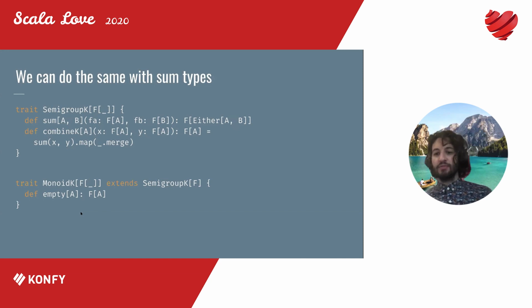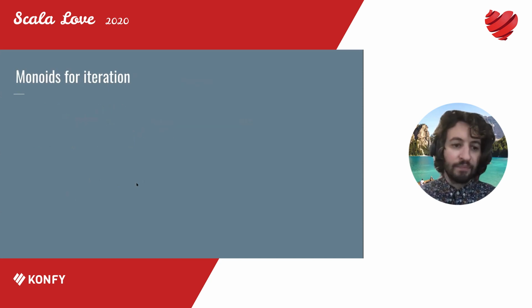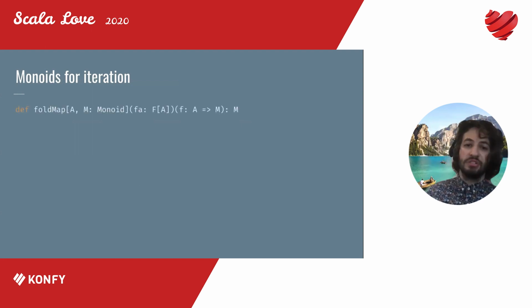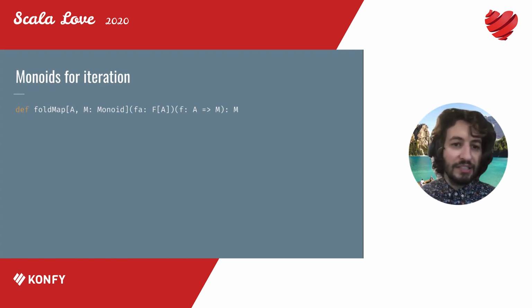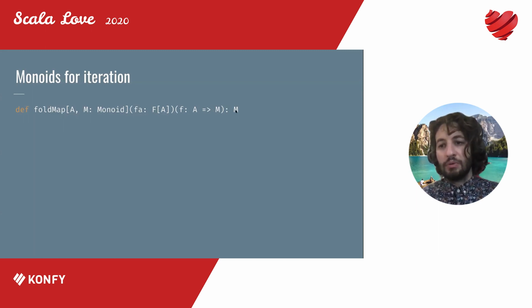Yeah, so we basically have sum and product types, which are monoids at the type level, and then we also have them encoded as functors, as higher kinded algebraic structures, higher kinded semigroups, and higher kinded monoids. So it's pretty cool. And we can see these differences by looking at the iteration functions that are defined in Cats. So for example, foldMap is the simplest, and it just takes an F of A, which is some kind of Foldable, like a list or an option or a vector, and it takes a function from A to M, where M is a monoid, and then it combines all of them and returns a single M.